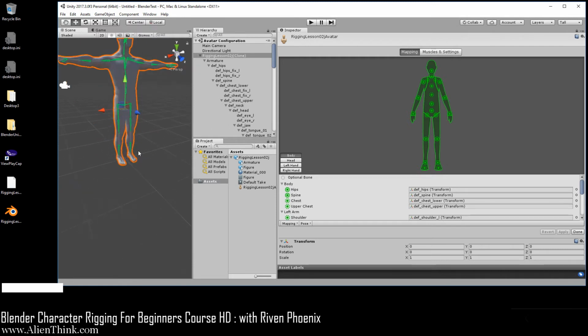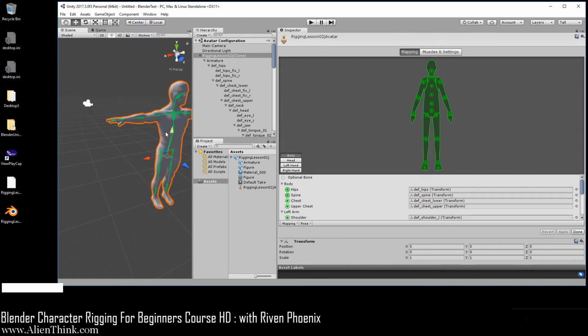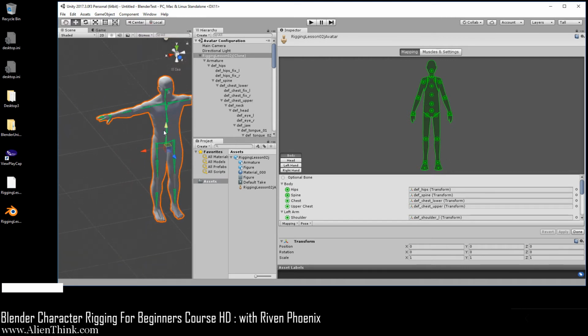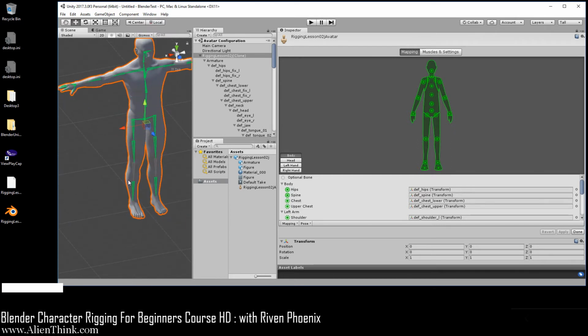Okay, so now what I want you to notice is what Unity is doing. Remember, the motion capture data system is a bit different. Now, if you want to go to isometric, you can click on the center and go to isometric to make it a little easier. Notice that it doesn't want to use all the bones on our rig. This is just the way motion capture data works.